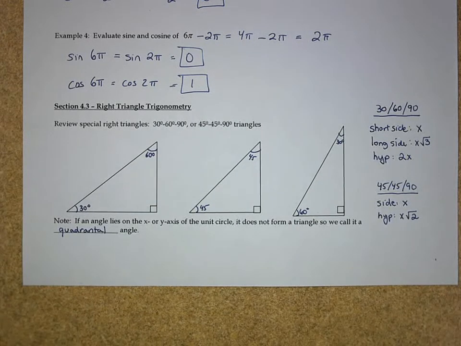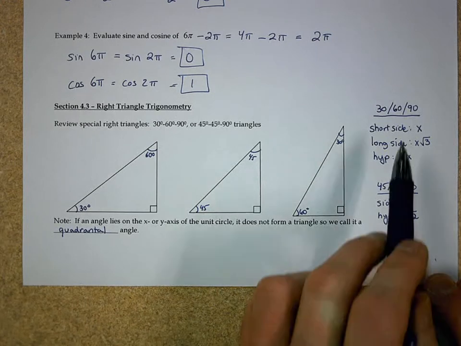Section 4.3 gets into a review of right triangle trigonometry. And just a quick review of what we did in the previous section and what you covered in geometry. Two main triangles that we've got, the 30-60-90 and the 45-45-90. When we want to find the relationships of the different sides of these triangles, we've got some facts that we've